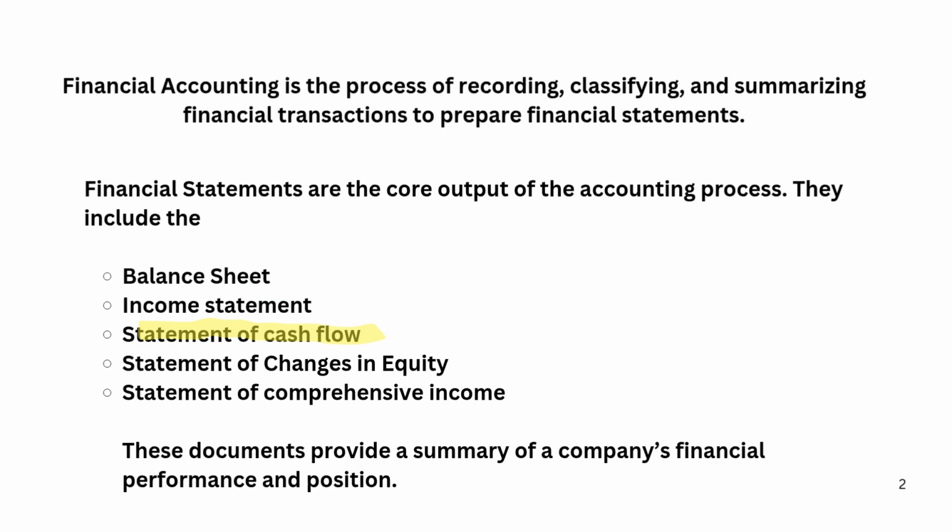Statement of changes in equity. This shows changes in the owner's investment or the company's net worth. Statement of comprehensive income. This includes the usual profit and also other gains and losses that are not shown in the income statement. Together, these statements summarize the financial performance and position of a business. They are used by investors, banks, and managers to make decisions. So next time you hear financial accounting, remember, it's all about telling the financial story of a business, clearly, accurately,